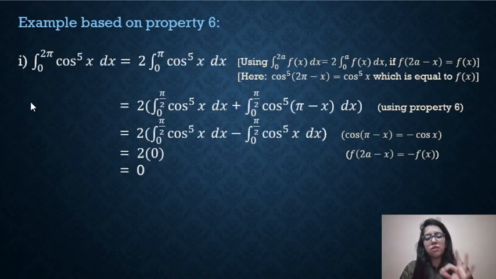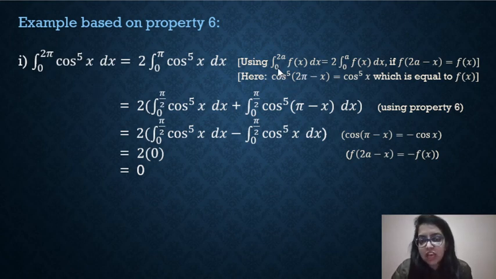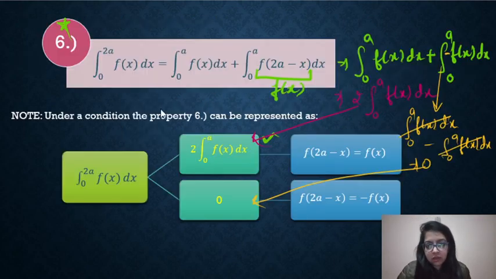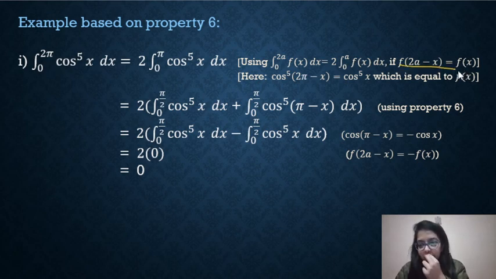So this is your example, a very important question. The integral from 0 to 2a of cos to the power 5 x dx is equal to what? Now how to solve it? Firstly, we can write that the integral from 0 to 2a of f(x) dx is equal to 2 times the integral from 0 to a of f(x) dx, exactly by using this result. Now, by using this result, I noticed that f(2a minus x) is equal to f(x). How has this been proven? I have just written it over here.